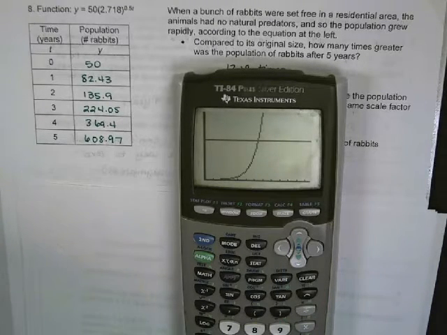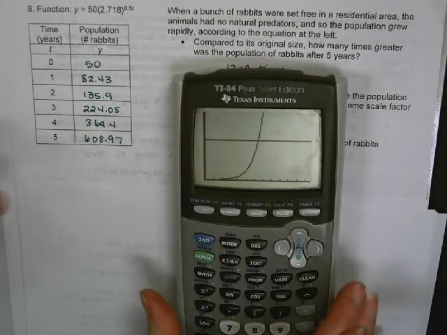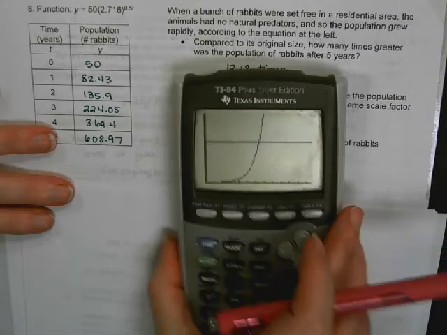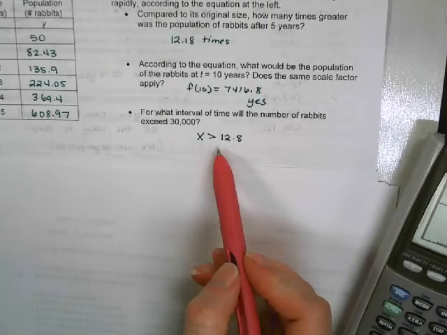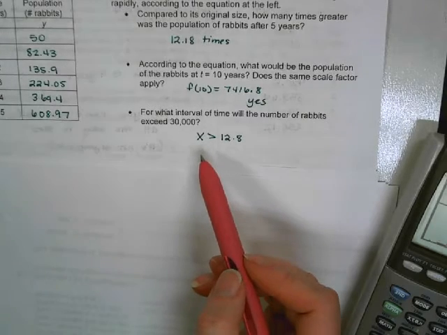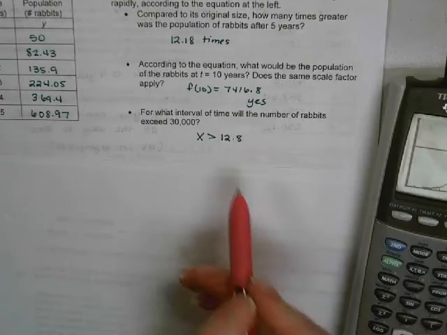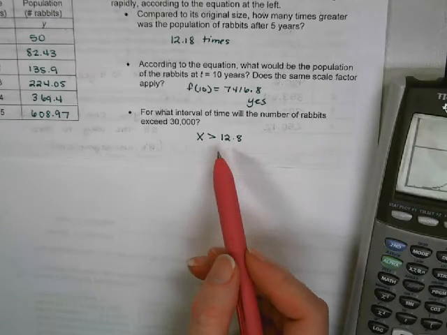Since this is a growth function, once it hits that intersection, everything past that is going to be greater than 30,000. So I just had to calculate. I did an intersect and found that intersection. It's at about 12.8. If you use the table, you said about 13 years, that's fine. So in this case, once you hit that 13 years, you're just going to have more and more and more